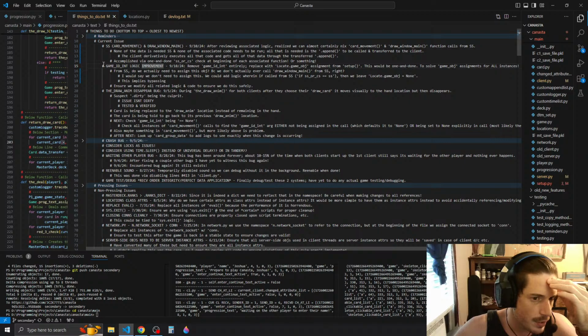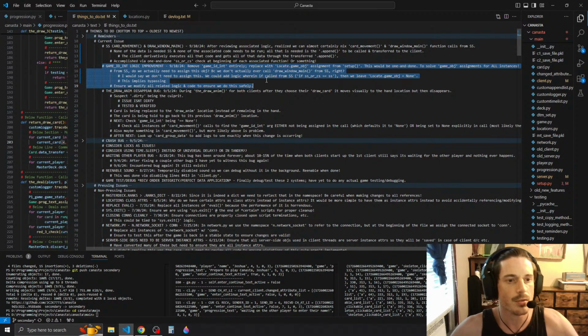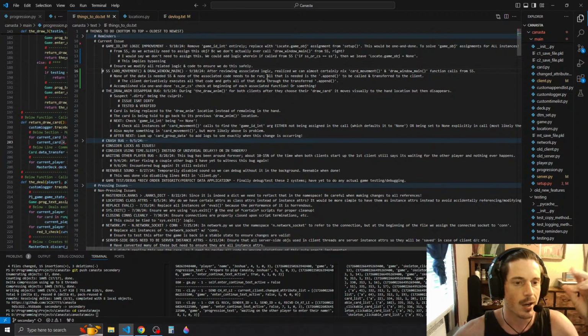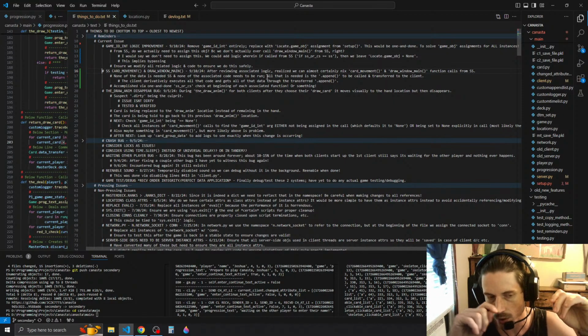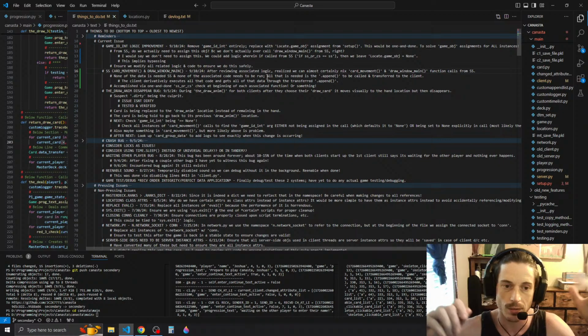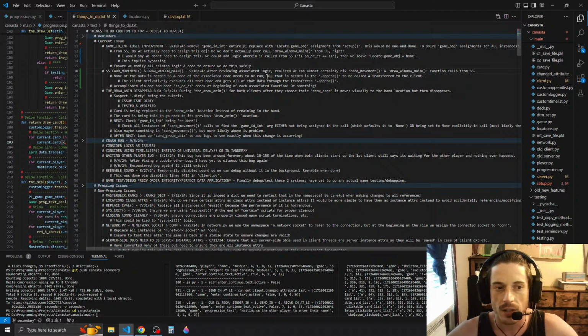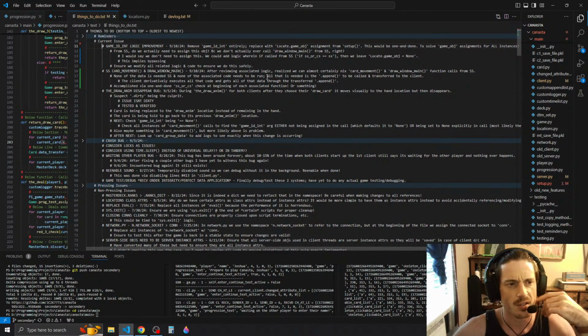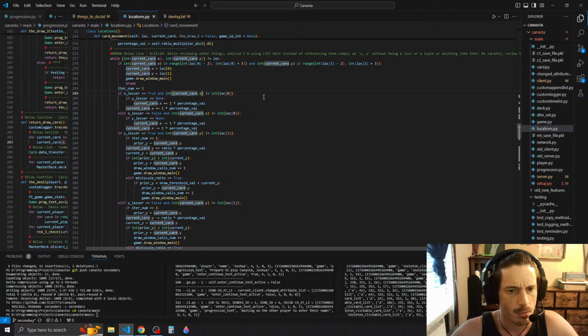So let's do this first. Yeah, let's do this first, and then we'll do the SS card movement, because that's a little bit more consequential, or, well, if my theory is correct, it wouldn't be, but theories are often wrong, and since that affects a lot more things, we're just gonna make the simpler, easier change first. So we're going to do this game ID in logic improvement, and we were already in the midst of it, sort of,